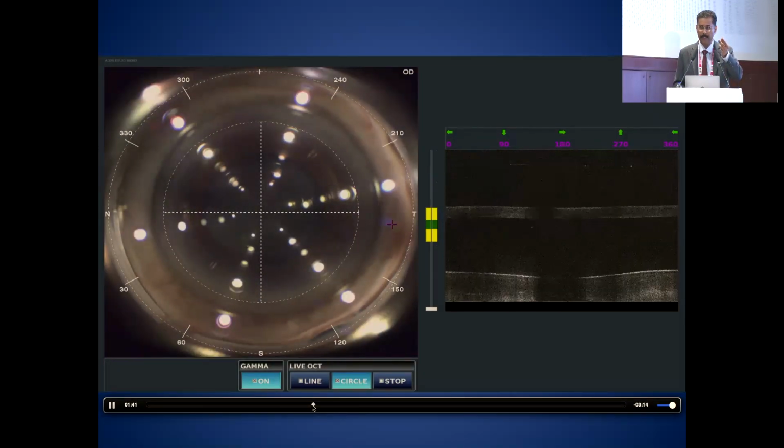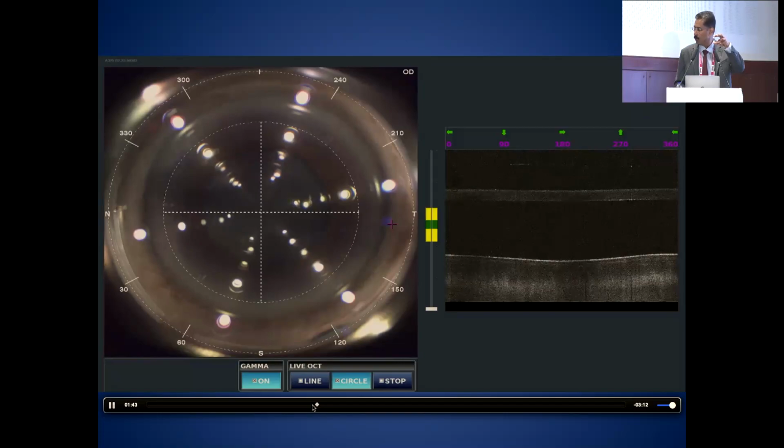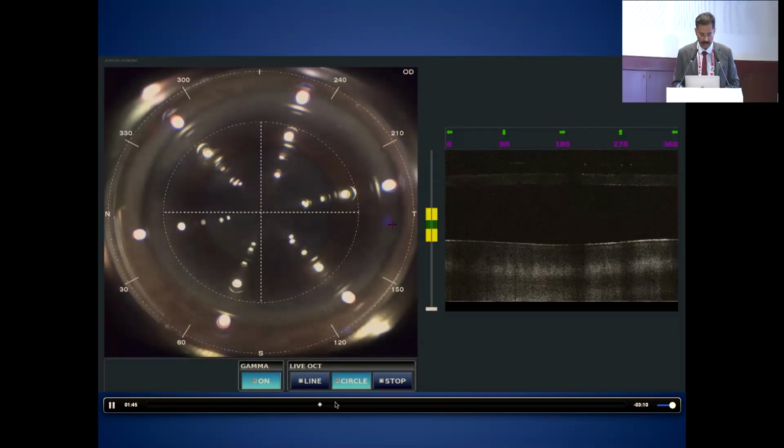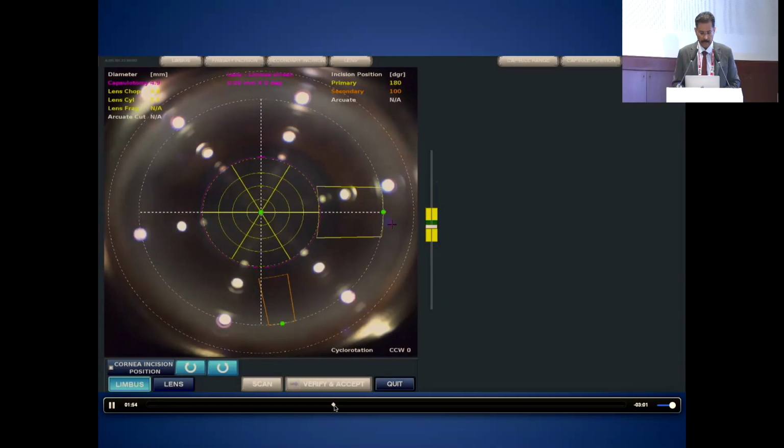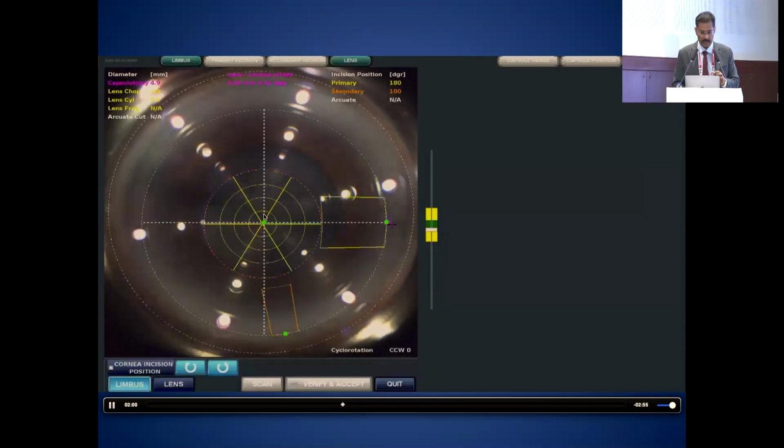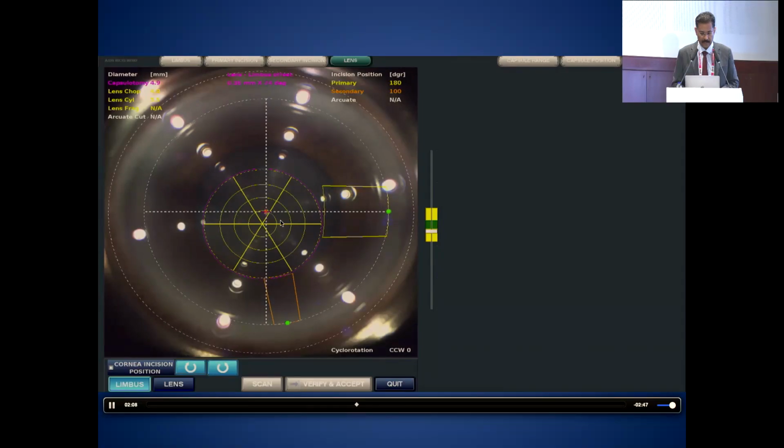There is a PI, patient interface, which you use to applanate on the eye of the patient, and this is a contact method. Once you applanate, you will get these indicators. You can adjust the size of the capsulotomy. You can adjust the types of cuts which you make. It can be cylindrical, it can be horizontal cuts, multiple cuts, you can number them, and adjust the location of